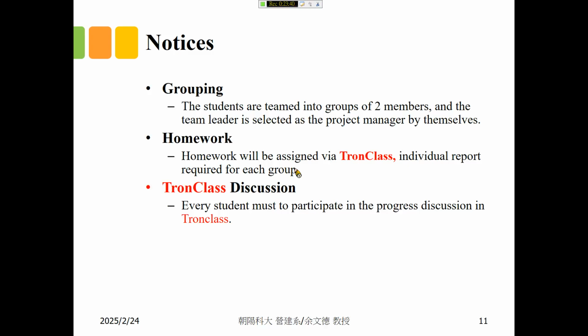Okay. And we will do grouping, teaming 2 members in 1 group. The homework will be assigned to the group, but the pop quiz and the discussion will be done by individual students. Okay, so we'll have a class discussion.